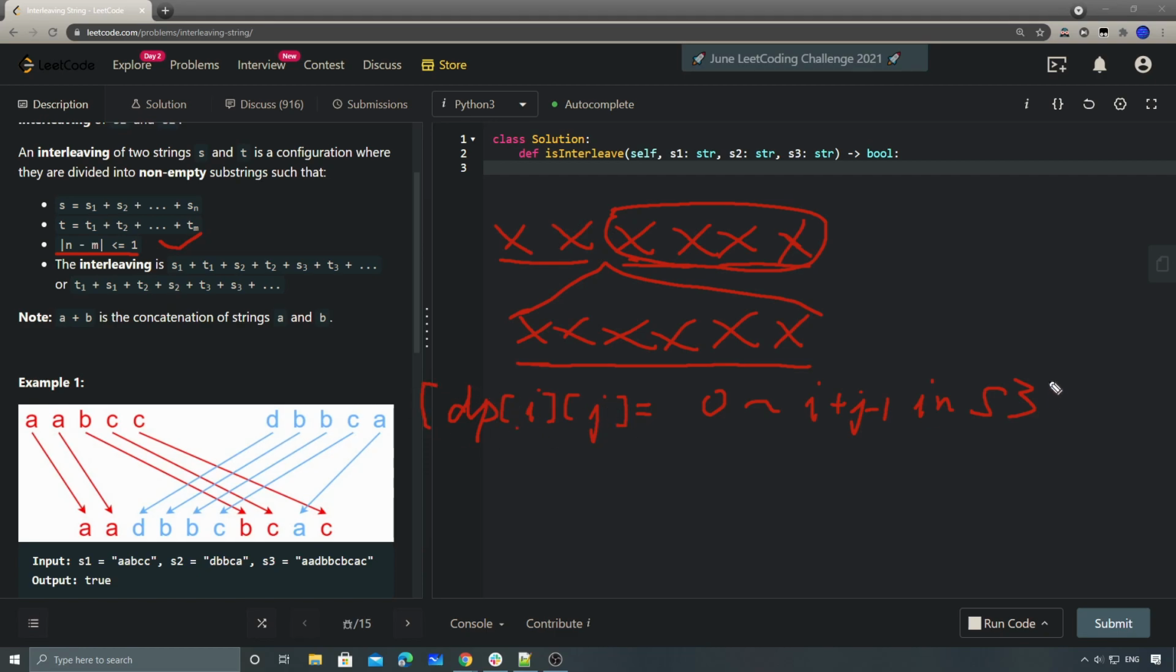Since we have two strings, we only have two options. Let's say we have this string AB, and the i plus j is here. At this moment, we only have two options: either this letter matches some letter in S1, or this letter matches some letter in S2. For example, if this letter matches the letter in S1, which means this letter is the same as the i-th letter in S1, then